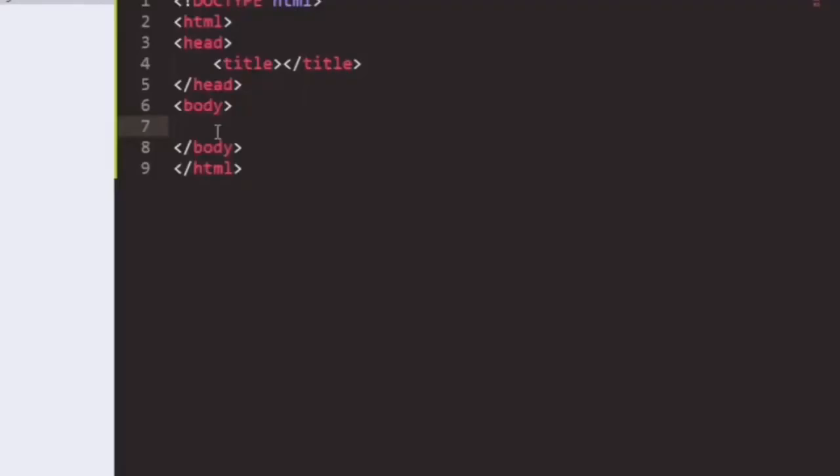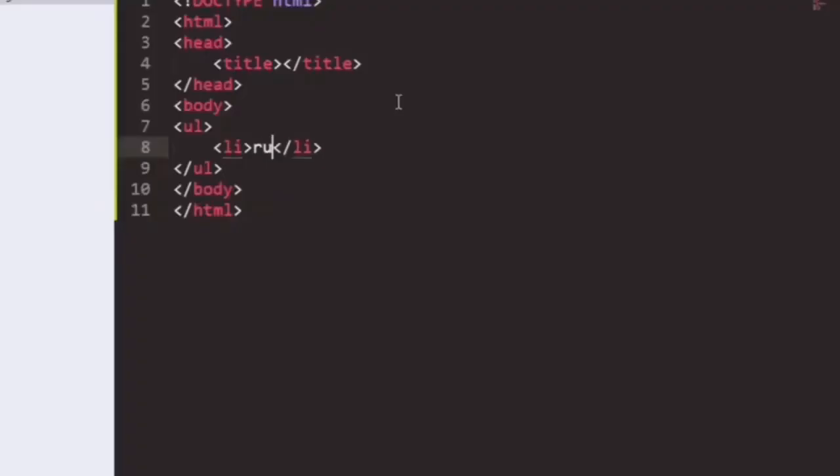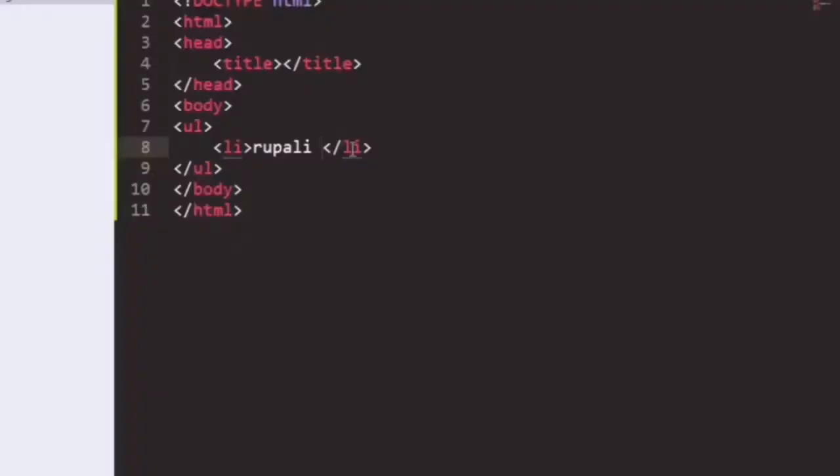And here we will write the tag that is UL, that is unordered list. In this we will take LI, that is listing. And in listing we will write Rupali.